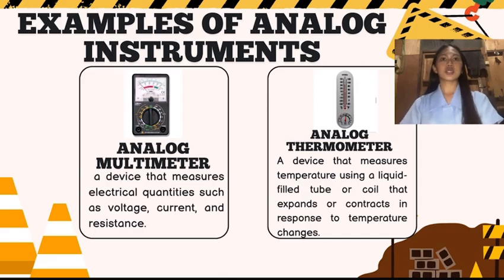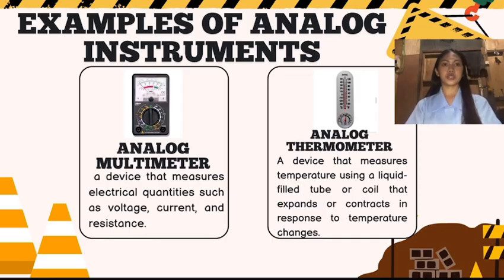Examples of analog instrument: analog multimeter, a device that measures electrical quantities such as voltage, current, and resistance. Next is analog thermometer, a device that measures temperature using a liquid-filled tube or coil that expands or contracts in